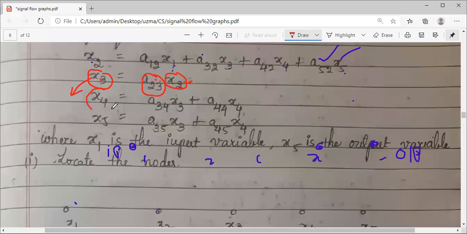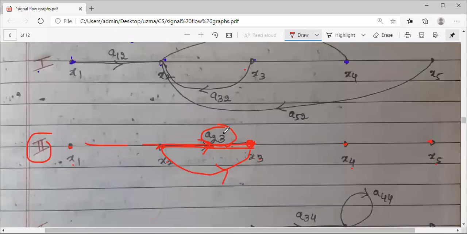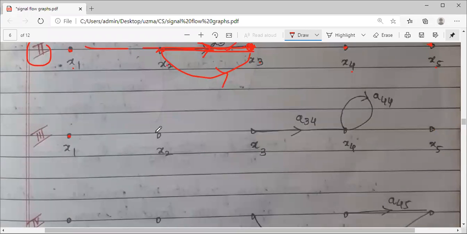Then coming to the third one, x4 is your output. On the left hand side, x4 is your output. So you have addition here. So x4 is a summing point. So you need to add two signals, from x3 and x4. See here, you have the output x4. Signals should be added. One is from x3, one is from x4 only. So how will you draw this? For the third equation, take again 5 different nodes at some spaces. Okay, take some distance. Mark x1, x2, x3, x4, x5.